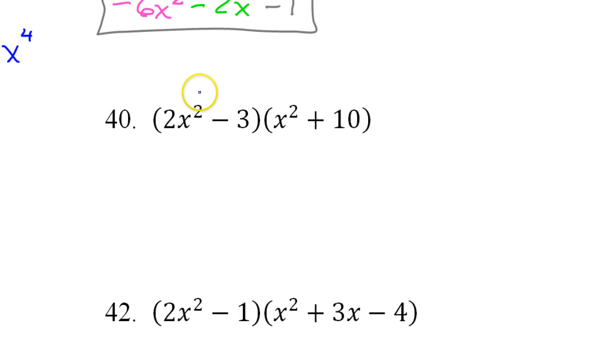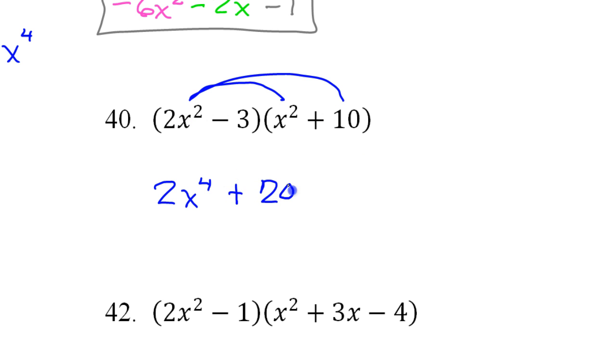Number 40 is almost the same thing. We need to double distribute. Okay, 2x squared times x squared is 2x to the 4th power. 2x squared times 10 is 20x squared. 2 times 10 is 20. Alright,